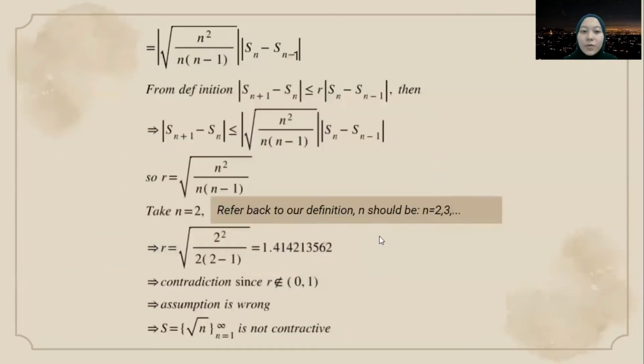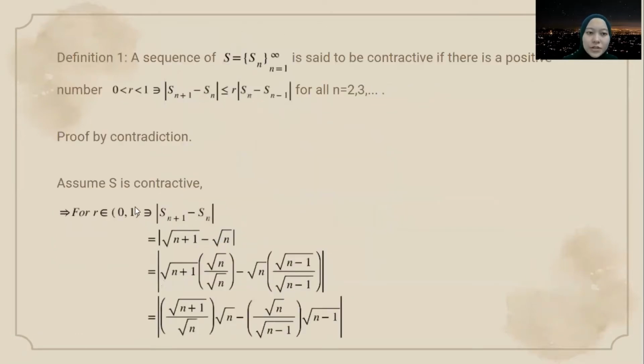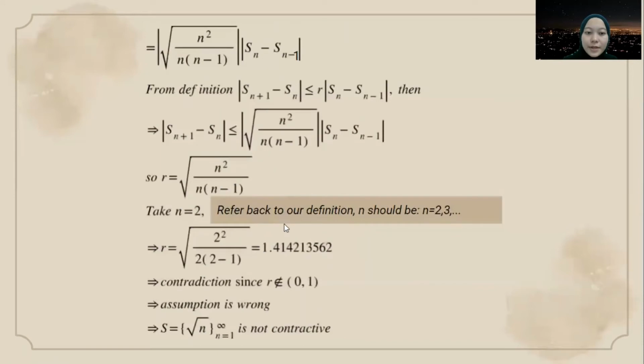And then I take any element of n. So I take n equals to 2. And then I substitute, insert n squared over n times n minus 1. I get 1.414, 3.562. There is a contradiction since R is not in the element open bracket 0, 1. So here we can see the assumption is wrong, since the assumption should be S is contractive, but R is not